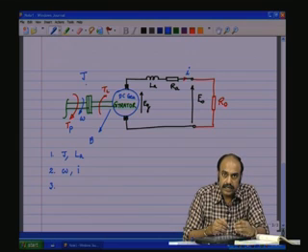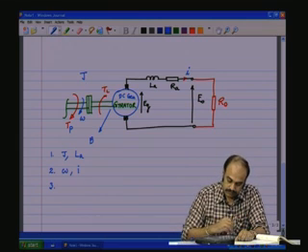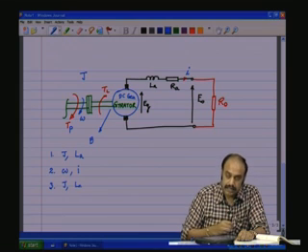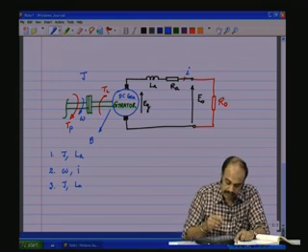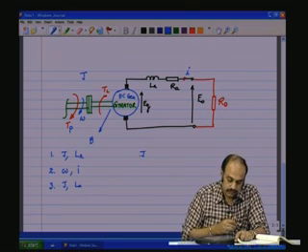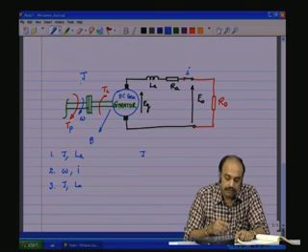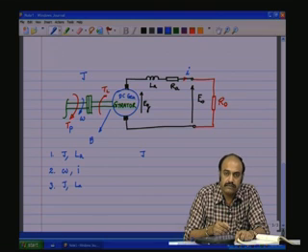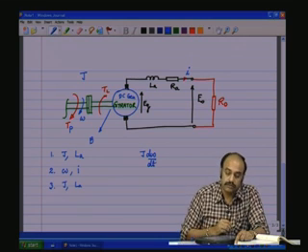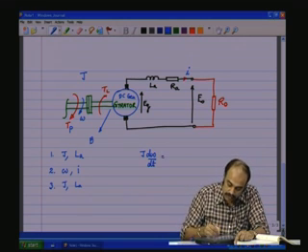Now, J is an inductive type dynamic element. So, we start with J and then LA. LA is also an inductive type dynamic element. Let us take the inertial element first. If it is inductive type, we know that J d flow by dt, or d kinetic variable by dt, will be equal to the potential variable. So, J d omega by dt, where omega is the flow variable on the mechanical side, should be equal to